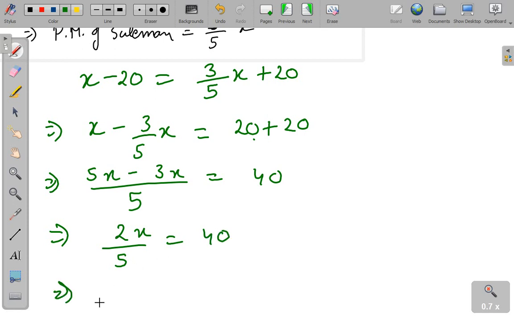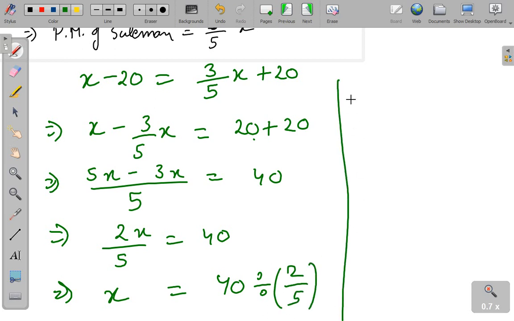Taking the constant to the other side, 40 is divided by 2/5. So x will be equal to 40 into the reciprocal, 5/2. 2 20s are 40,